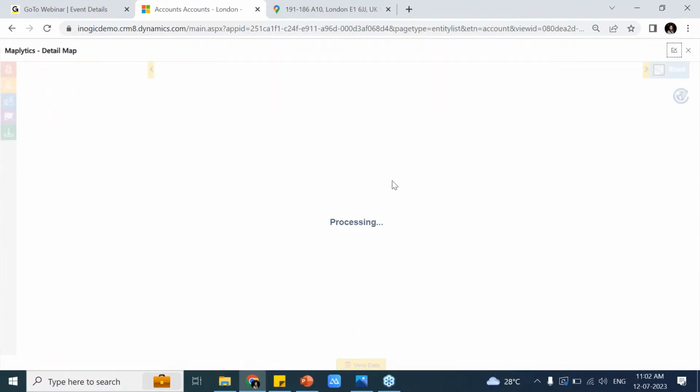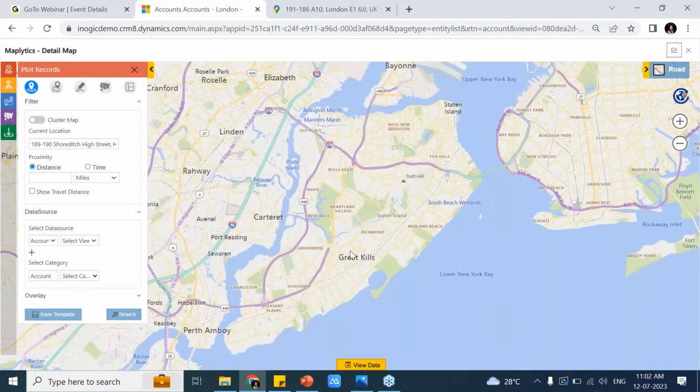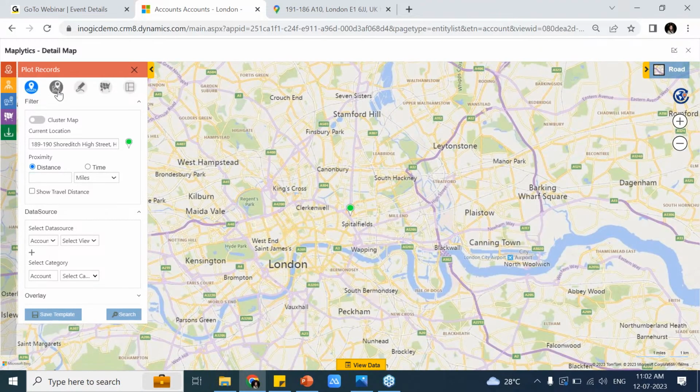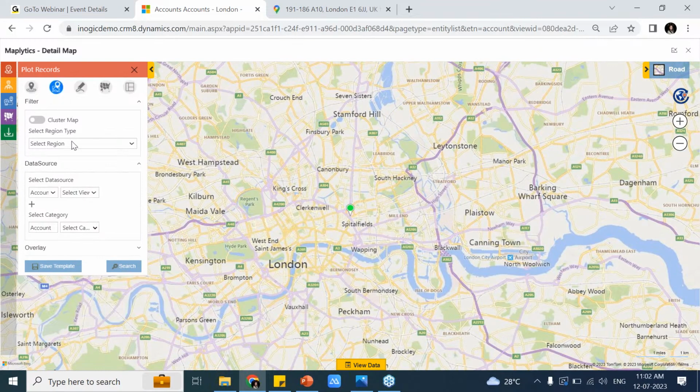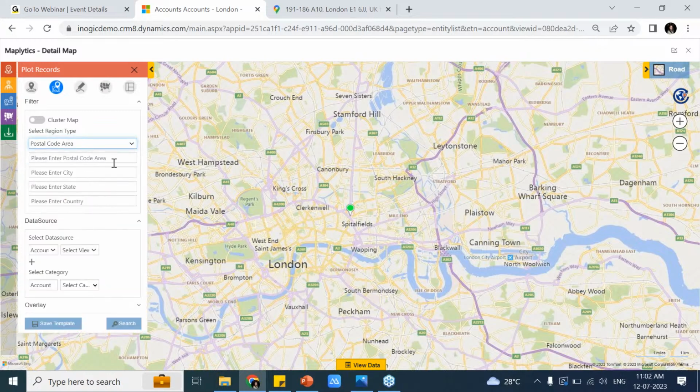Here it is, the detail map. Let me open it. This time I'm using the search function by region. And here I know I'm responsible for this SE postal code in London. Let me plot that. Similarly, if you have any kind of region that is assigned to you, it could be